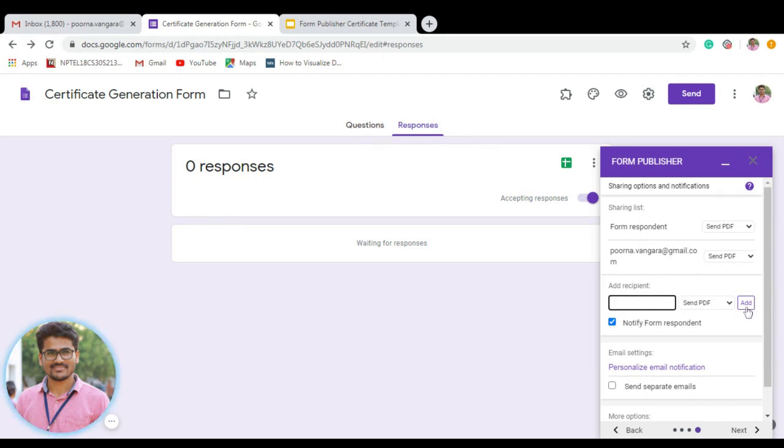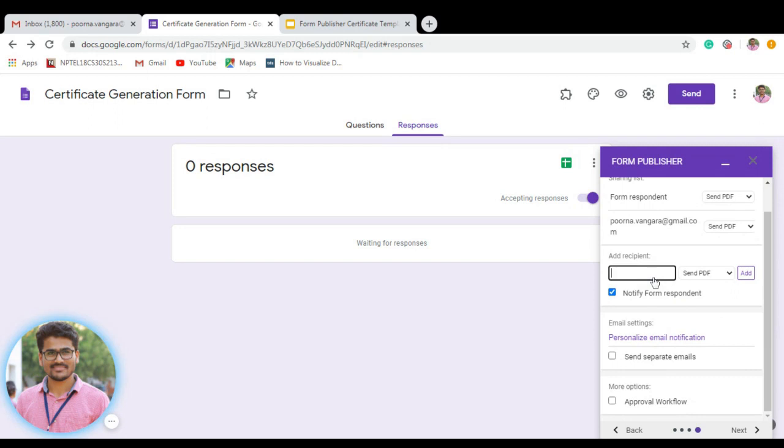And you can choose one more recipient if you want to share the same PDF which is going to be generated for every response. If you want to share those PDFs with other fellows like your colleagues or your HOD for safe side or for official purpose, you can include other mail IDs also. But as of now, I am not using that. Notify form respondent.